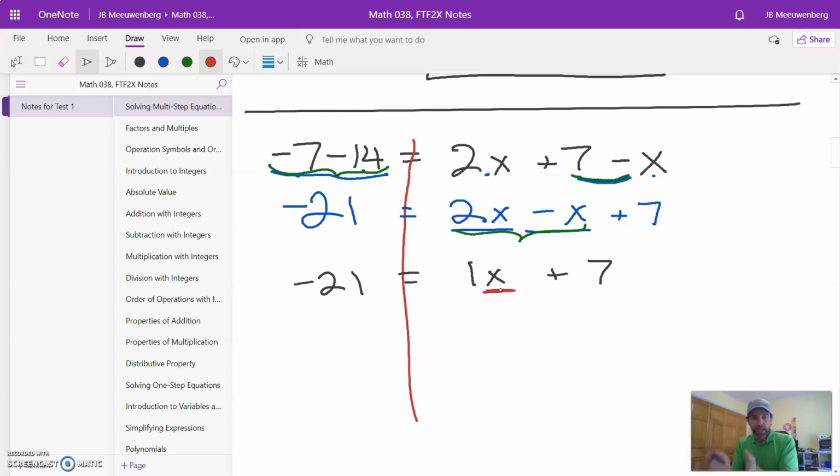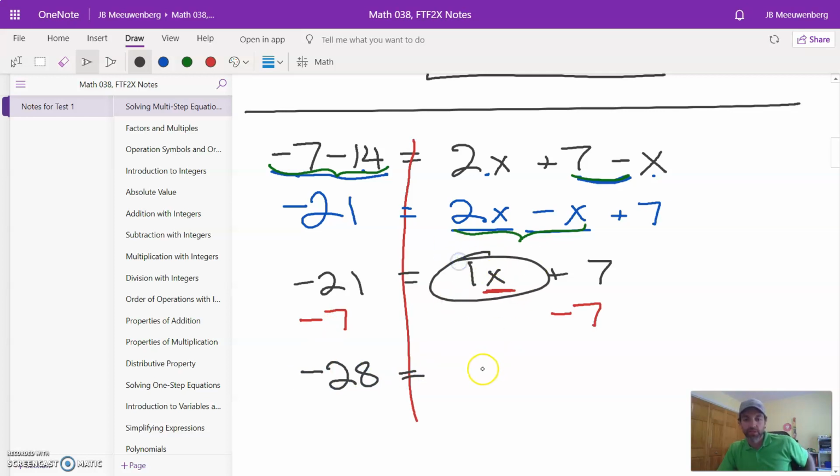So let's just leave it there. We'll leave this x all by itself, not touch it, and get rid of everything else that's over there with the x, which would be the 7. So the plus 7 gets undone, right? We inverse it. We do the opposite, which would be subtract 7. Do it on the other side. Negative 21 minus 7 is negative 28 equals, the only thing left over here is 1x,